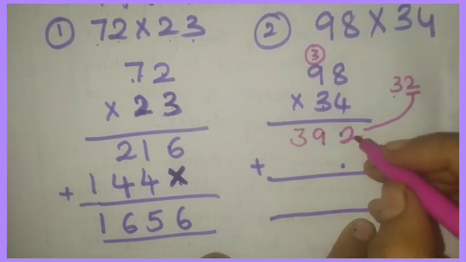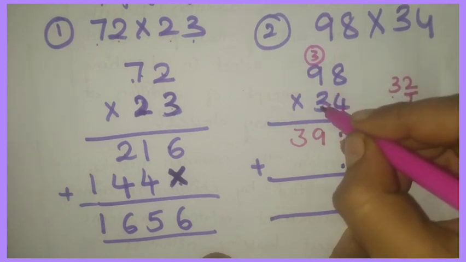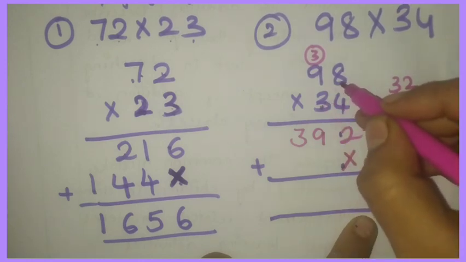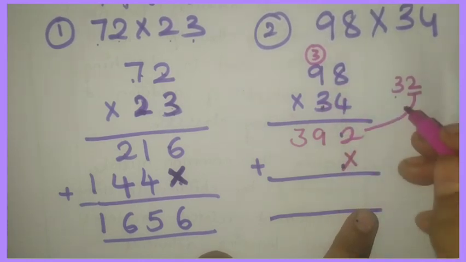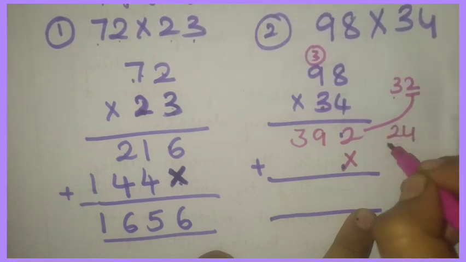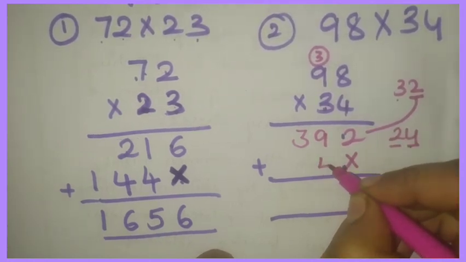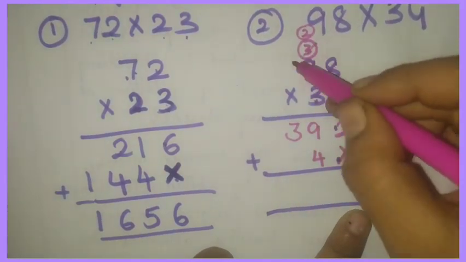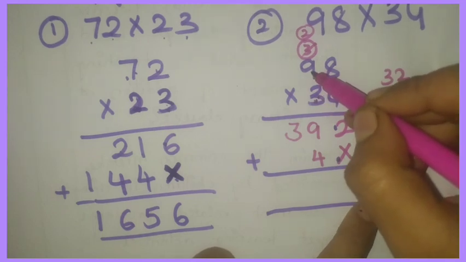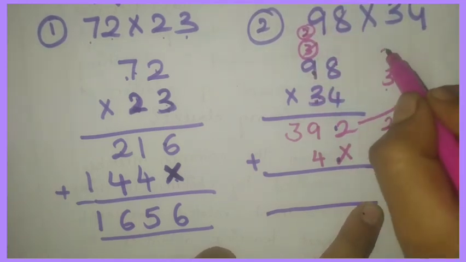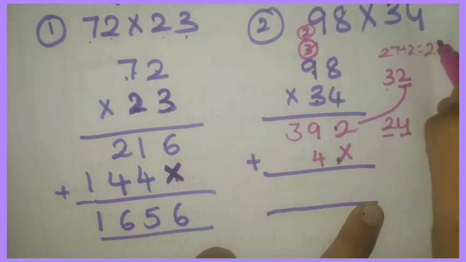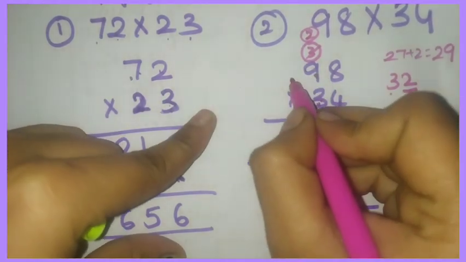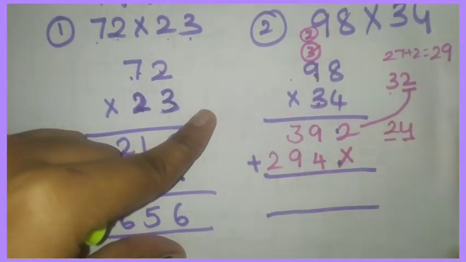Now when we are doing multiplication with the tens place, we will keep a cross here. 3 8s are 24. 24 is also a 2-digit number. So we'll write 4 here and this 2 is taken as carry. 3 9s are 27. 27 plus 2 will get 29. 29 is also a 2-digit number, but here no more digits are there. So we'll write 29 directly.